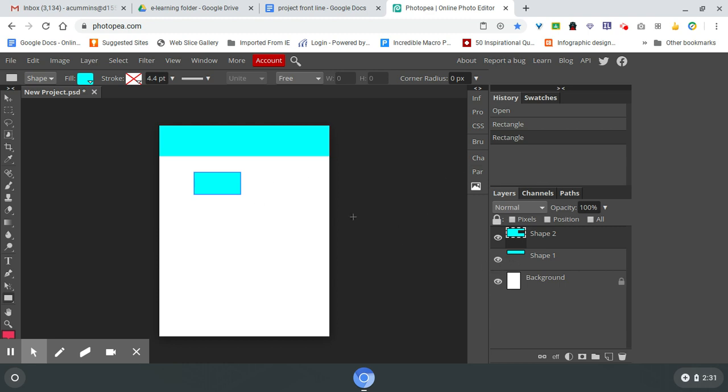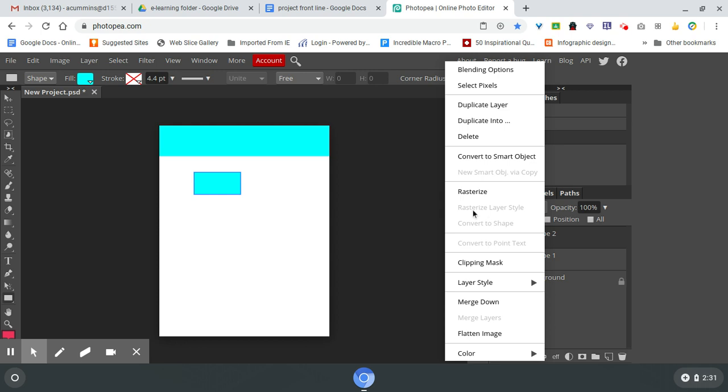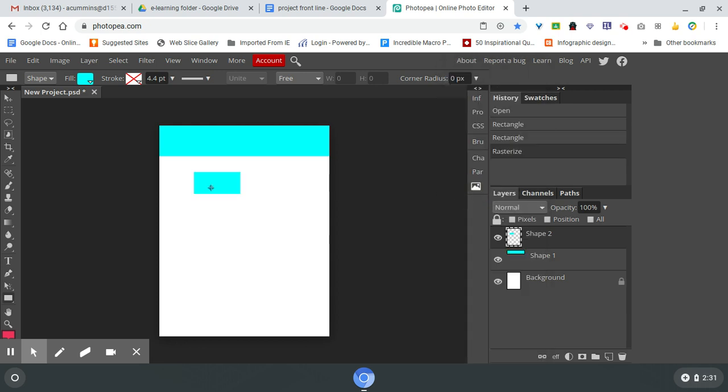Then it's going to seem a little odd, but I'm going to come over to this shape and rasterize it. Then I'm going to go down and grab the ellipse, and give the ellipse a different color so it stands out. I come over to one of the corners, click, hold the shift key, and drag. Sometimes it doesn't work the first time. So it's about the same size as